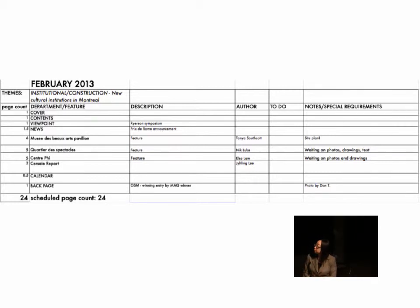landscape urban issues. So, in this case, I'll just tell you where these three articles came from, to give you an idea. So the Musée des Beaux-Arts Pavilion is just a really important building in Montreal. Any new museum tends to be an important physical and cultural presence in a city. And it also won a Canadian Architect Award of Excellence 2 years back,